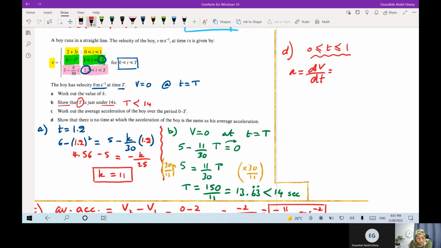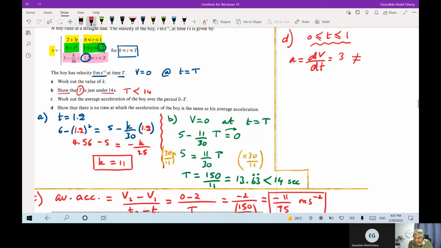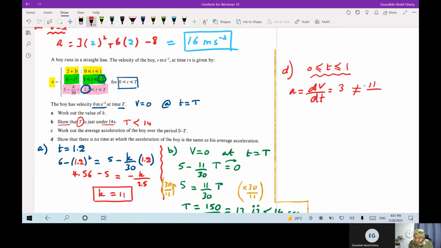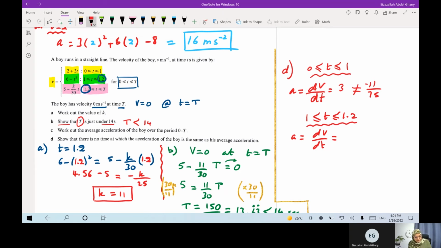On the yellow stage, it is 2 plus 3t. 2 will be 0, and it will be only 3. 3 is not equal to the average acceleration which we found, which is negative 11 over 75. Second, the second stage, which is from 1 till 1.2. Acceleration is also dv by dt for the green one, which is 6 will be 0,